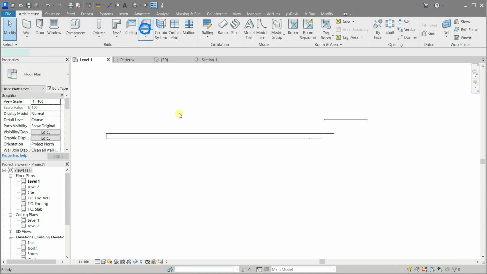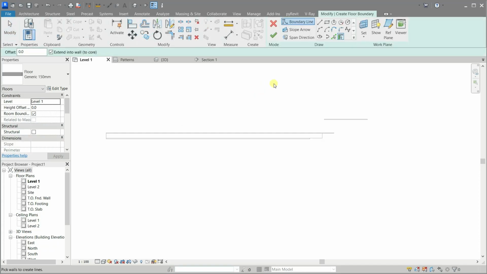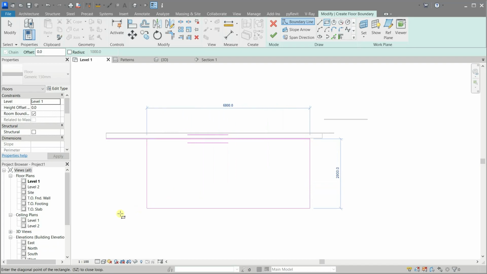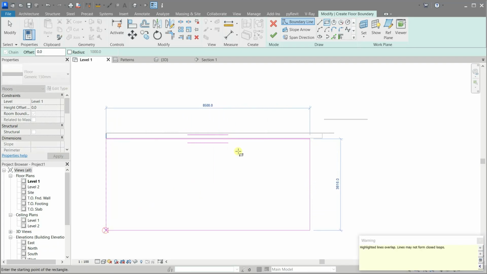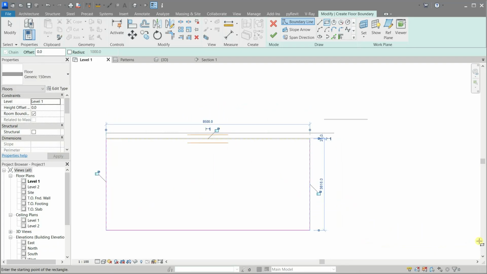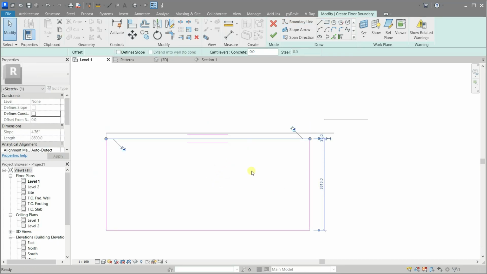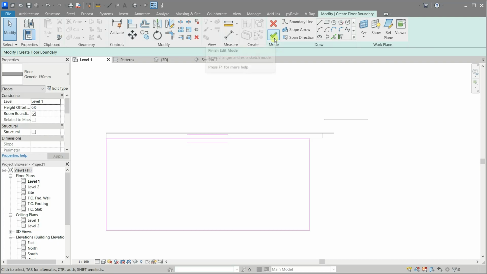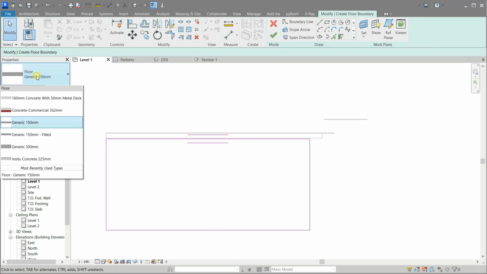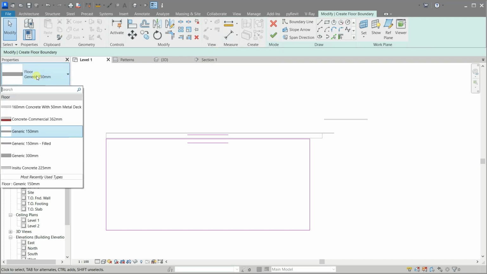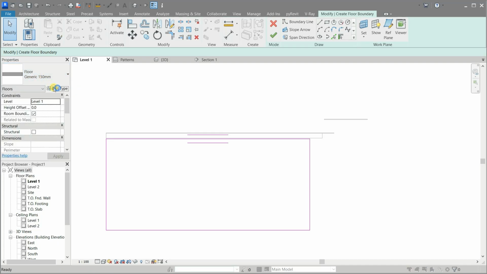Create a concrete floor while I'm here. Let's use the generic 150mm and edit it.